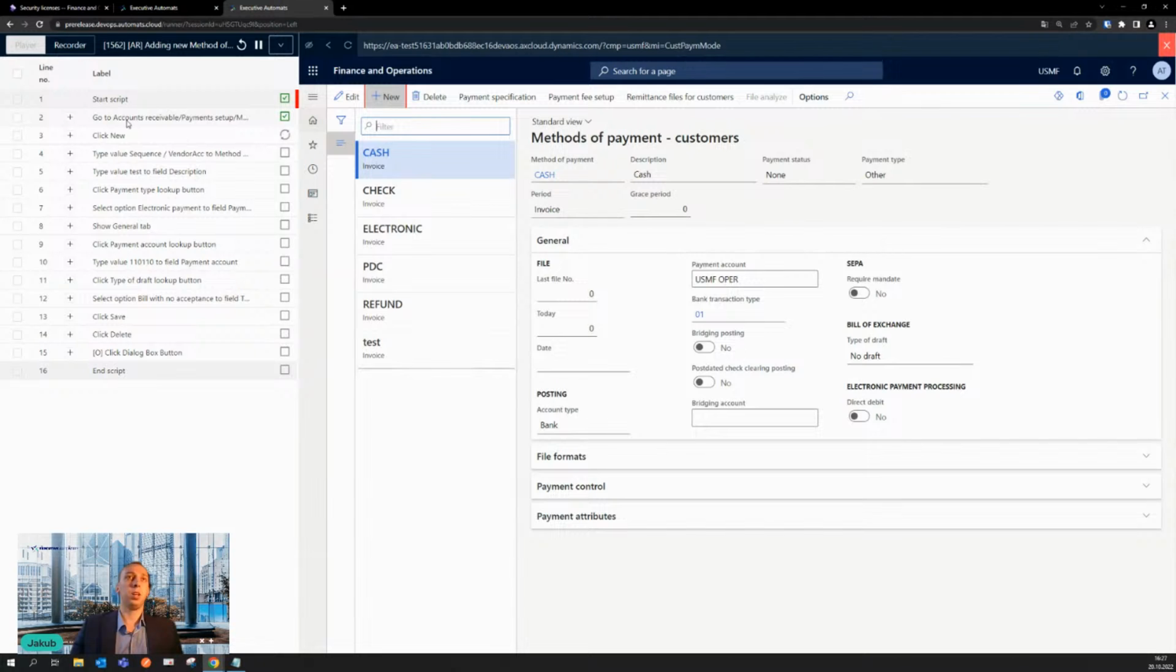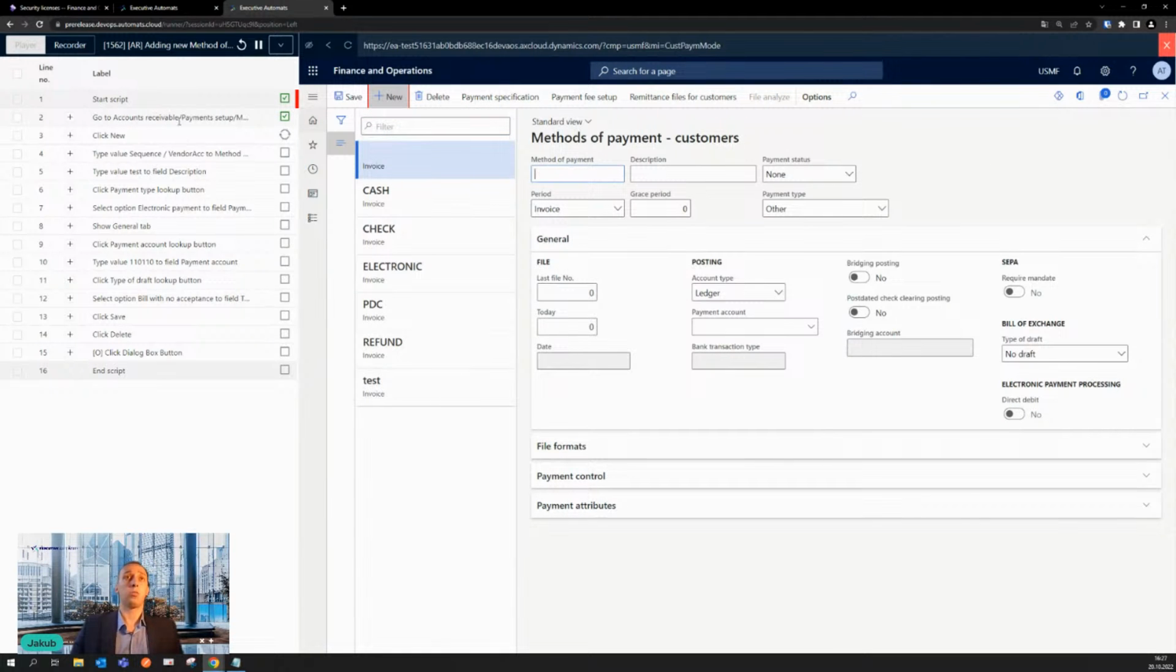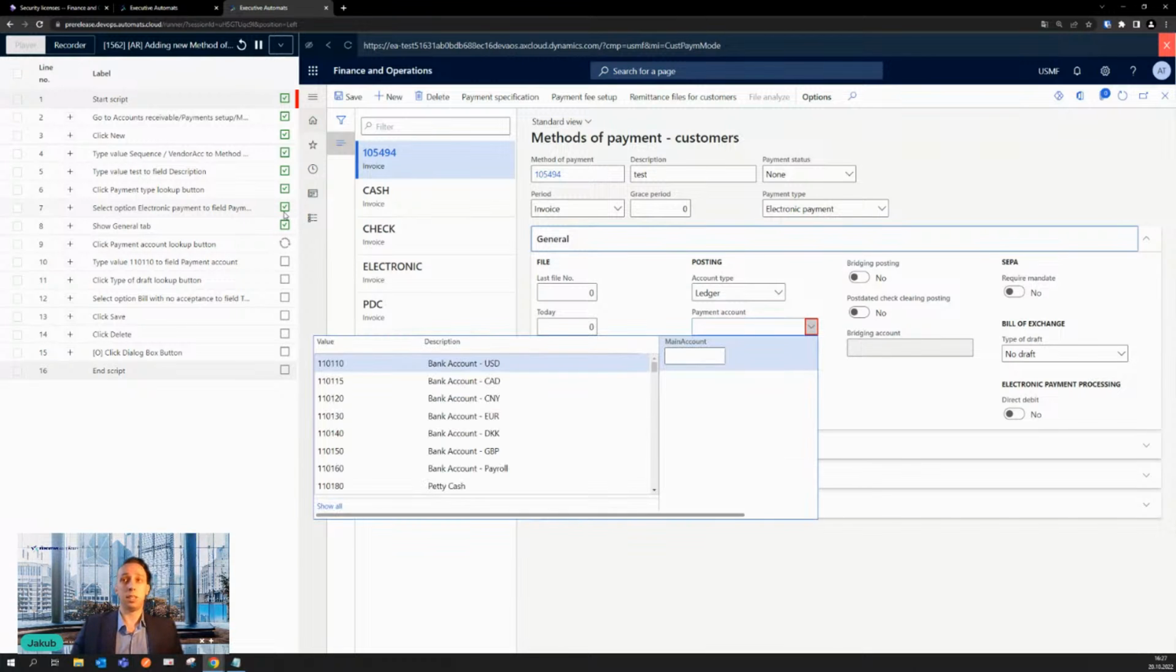As you can see, the second step was to go to accounts receivable, payment setup, method of payment, and we're creating new ones. So it is very easy to create new processes and also to adapt them to our tool, which is Executive Automat security setup. We can see all of the changes going through on the Dynamics side, and we can see the execution status. That's also very important when we're thinking about regression testing in our